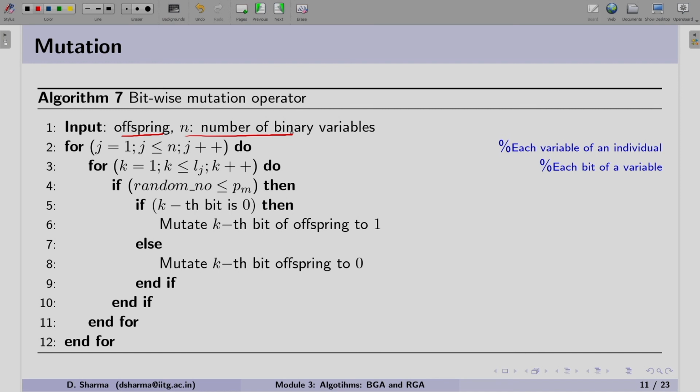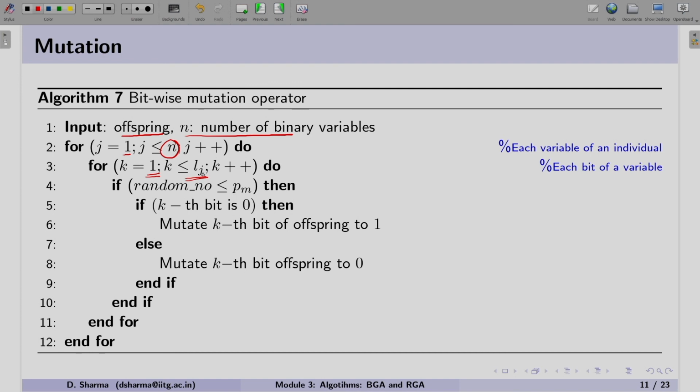Since we perform this binary bitwise mutation one by one, we pick an offspring one by one. Now look at step number 2. We are running a loop for all the variables. Thereafter we run another loop of k for the number of binary bits we have for variable j.